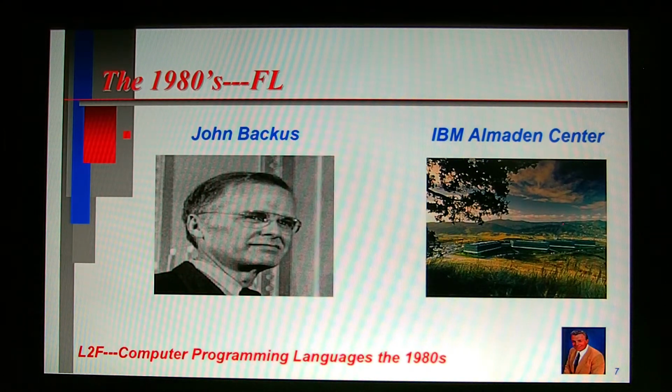FL is short for function level. FL is a computer programming language that was created at the IBM Almaden Research Center by John Backus in 1989. FL was designed as a successor of Backus's earlier FP computer programming language. FP provided specific support for what Backus termed function-level computer programming. Interestingly enough, FL sometimes is viewed as Backus's apology for creating Fortran.